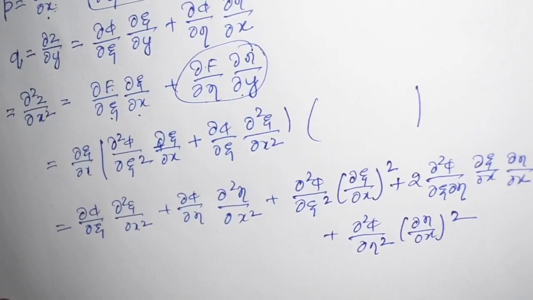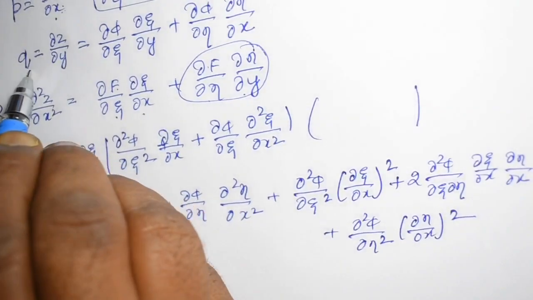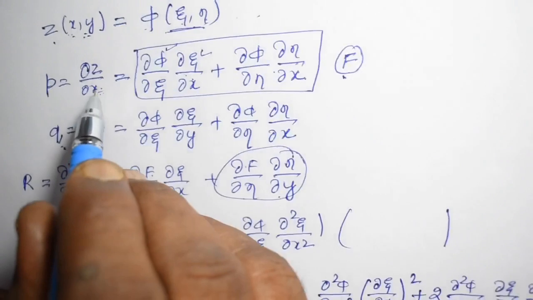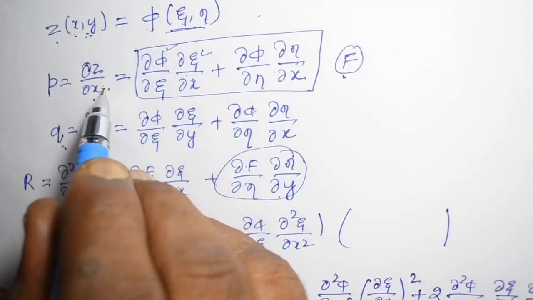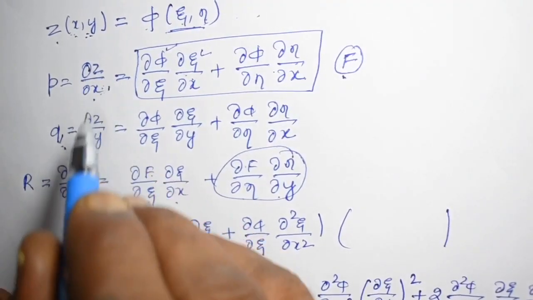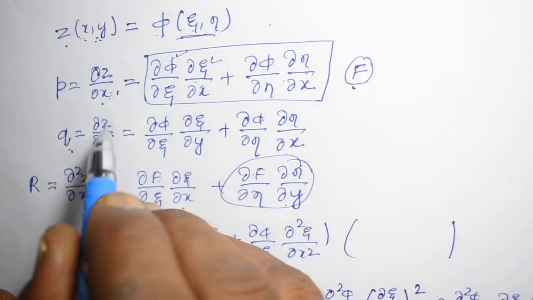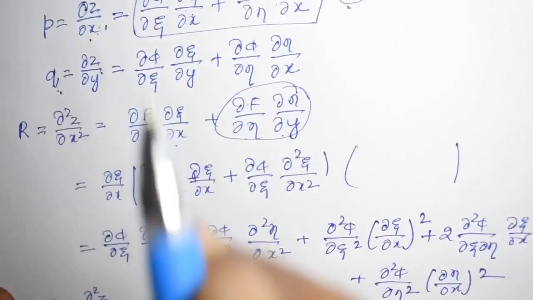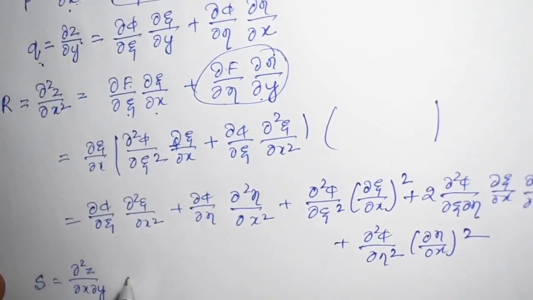Similarly, by differentiating q with respect to x, you are going to get s, that means ∂²z/∂x∂y, or p with respect to y. You can differentiate p with respect to y or q with respect to x. Both are one and the same, so both will give the same result. You are going to get the derivative as